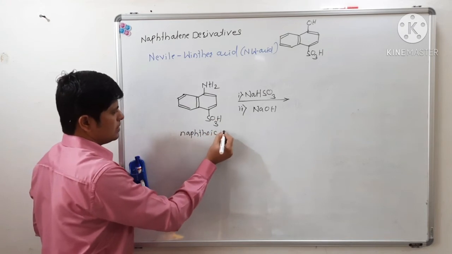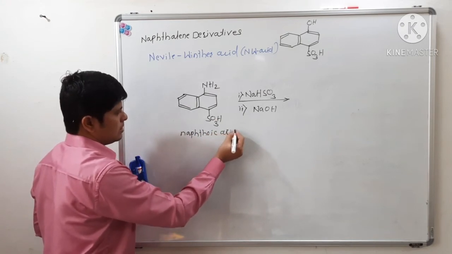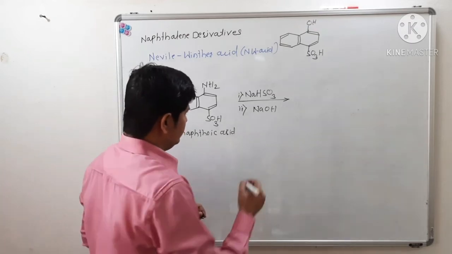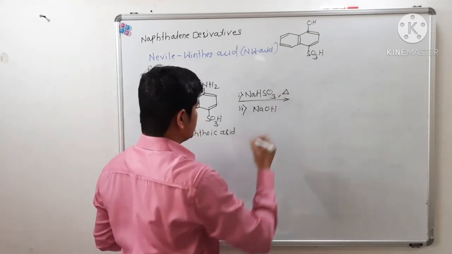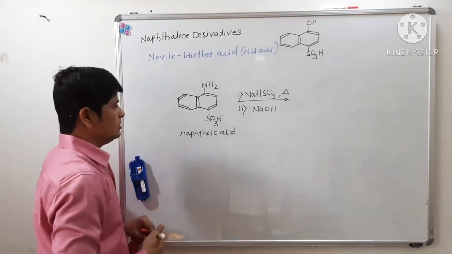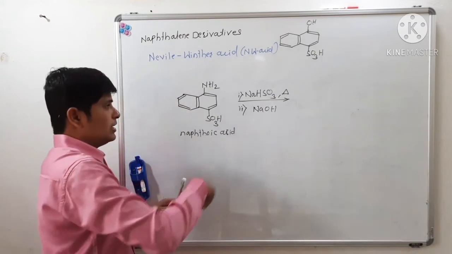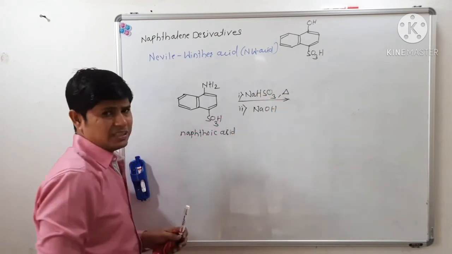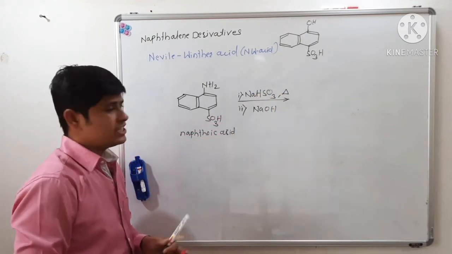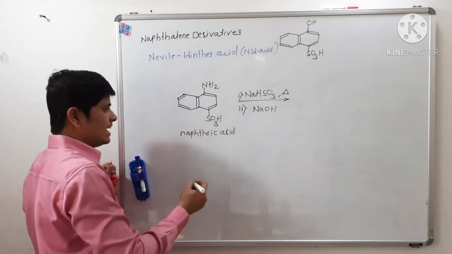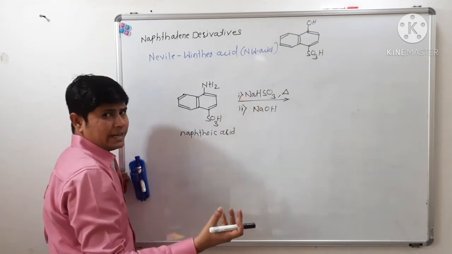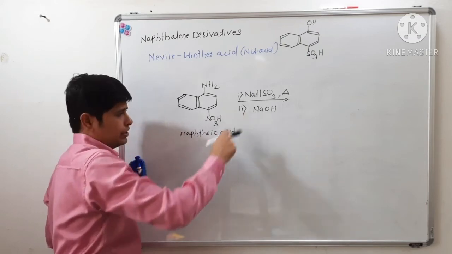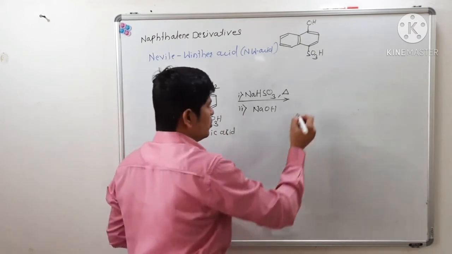Naphthoic acid. Now this naphthoic acid we have to react with sodium bisulfite at some temperature, around 160 degrees Celsius, and then what product will we get? That product we have to decompose in NaOH. So we will get